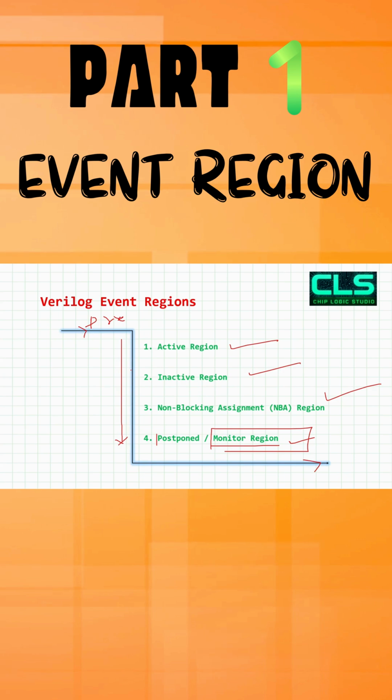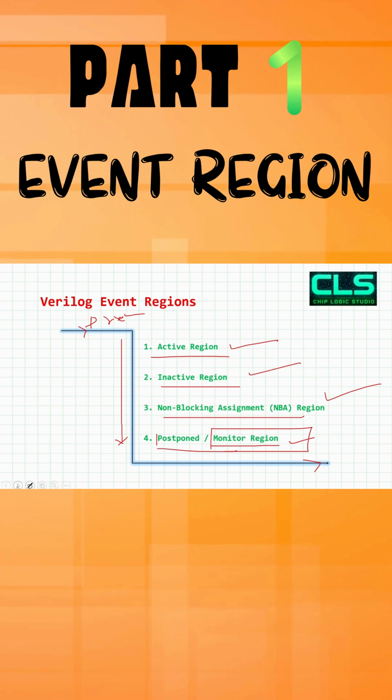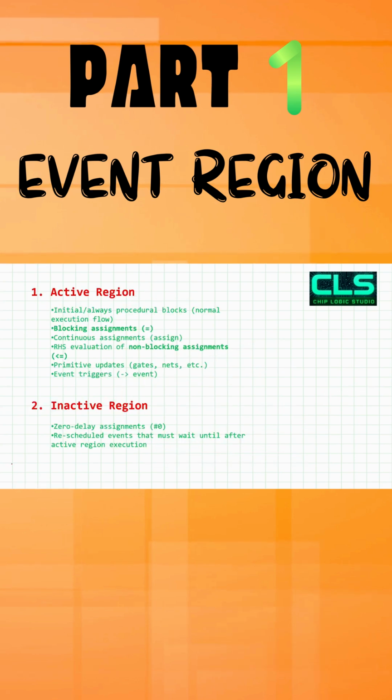If someone asks you that there is a preponed region, you can say there is, but it has no importance for now. So these 4 regions we need: active region, inactive region, NBA region, and postponed region. We will see these regions one by one. We will understand which execution statements or blocks are executed in specific regions, and this is all our concept about event regions. Simple concepts. Our initial block, always block, and with that module, program block, all these blocks execute in our